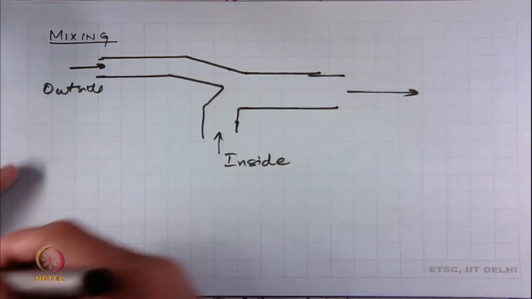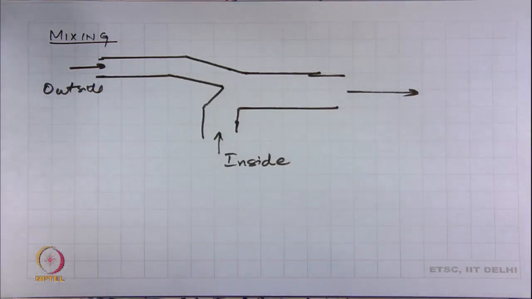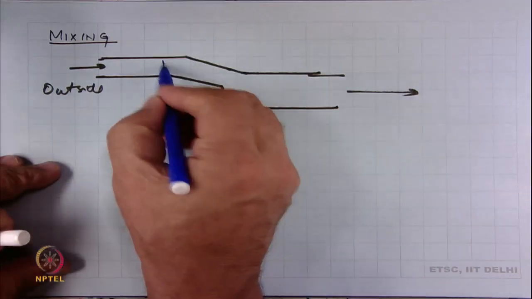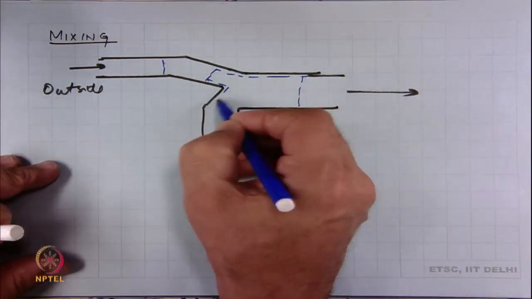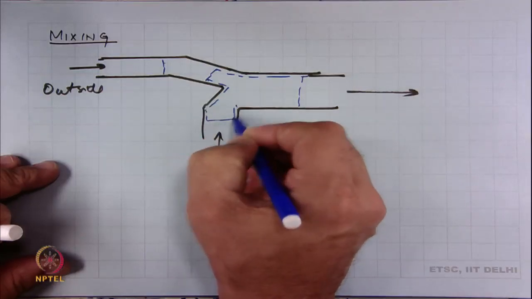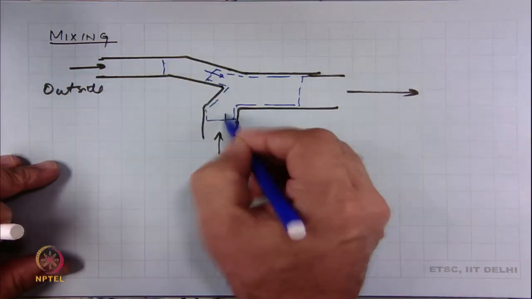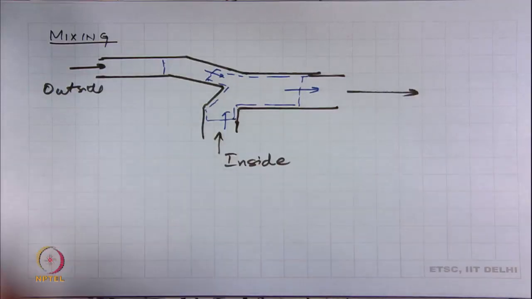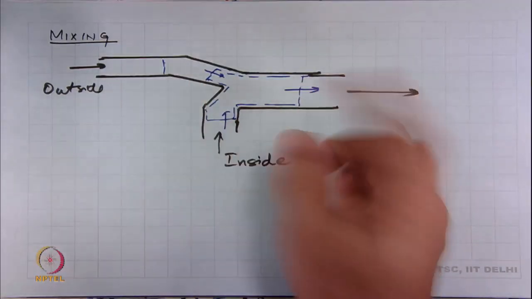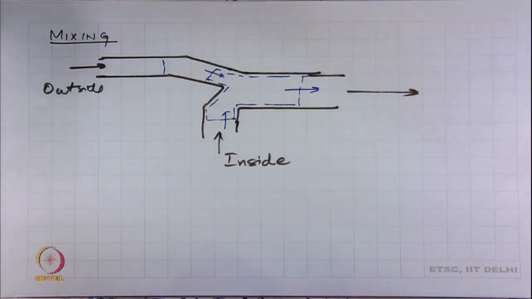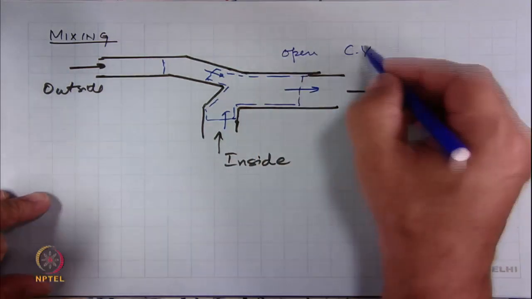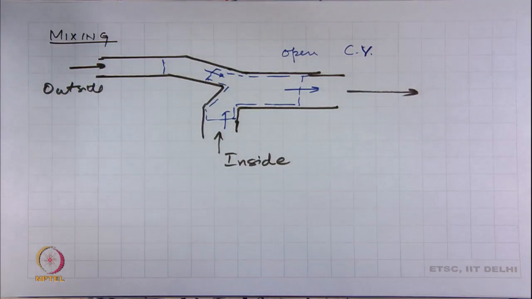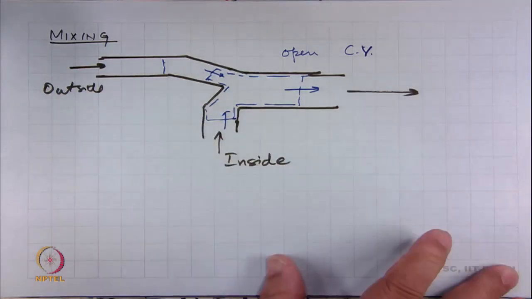So, what you are doing is, now you have a different type of system here. We can say that this is the control volume. This is something going in, this goes in there, this comes out, and you are basically adding two streams to get a third stream. This is a type of open system. So, we will apply the control volume approach to this, write the equations and solve them for 3 states.